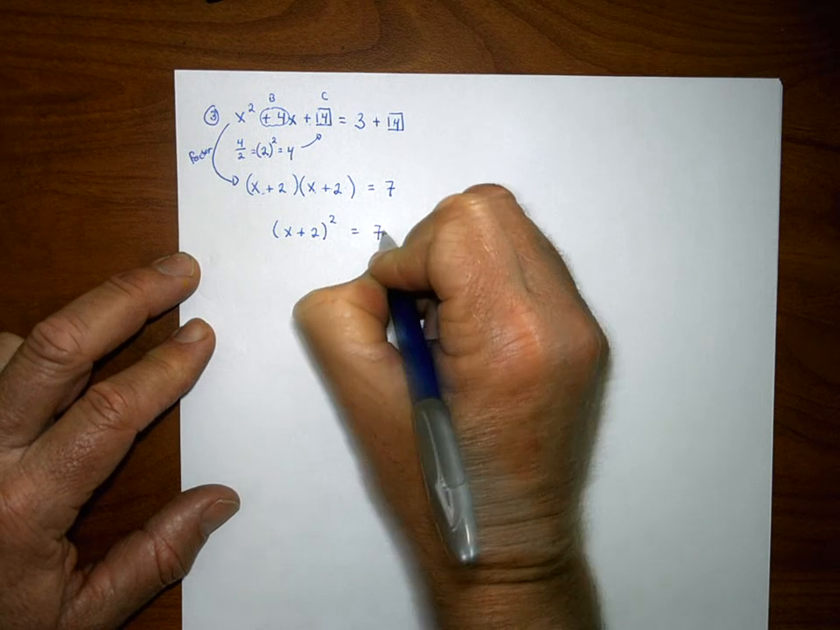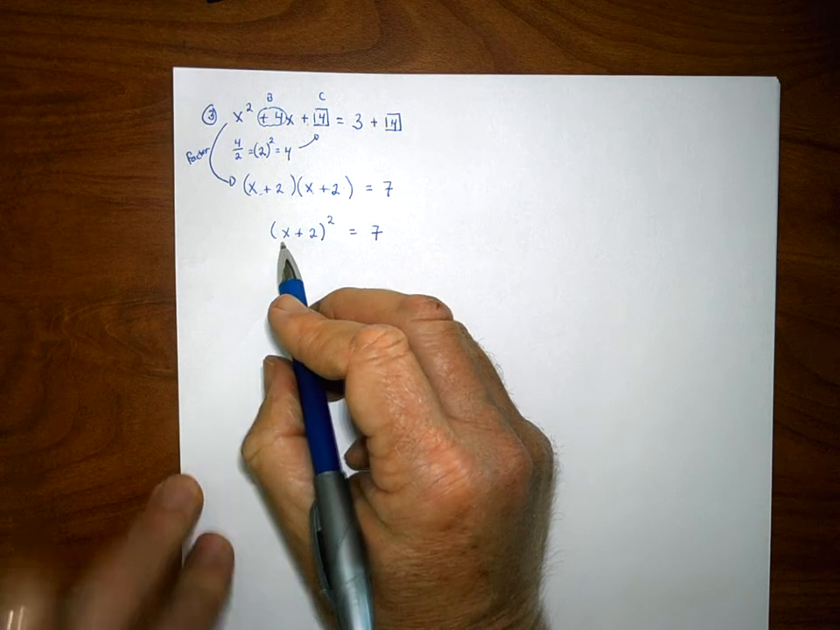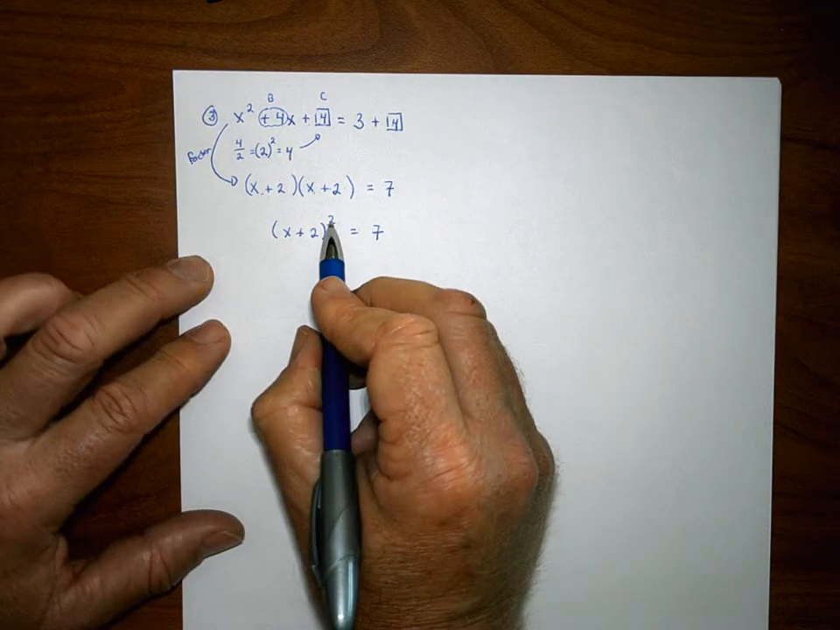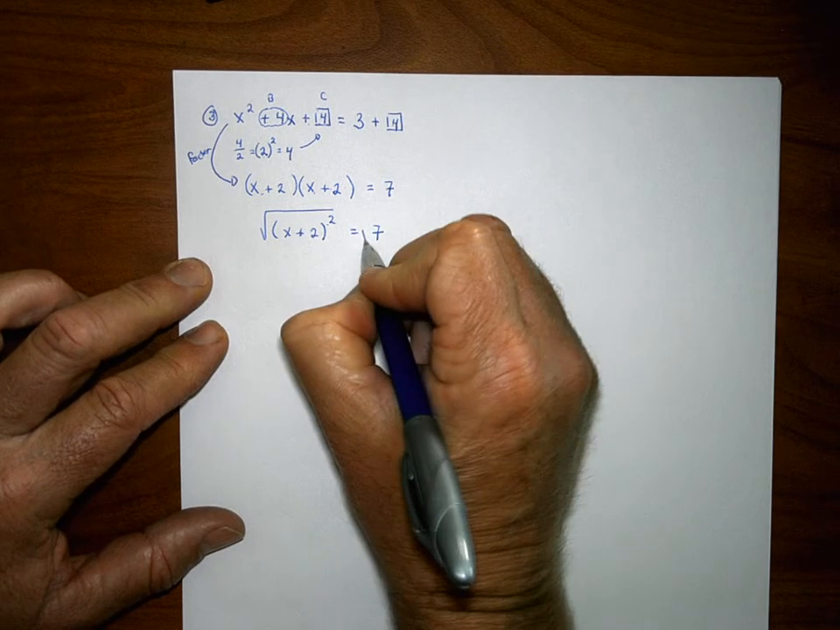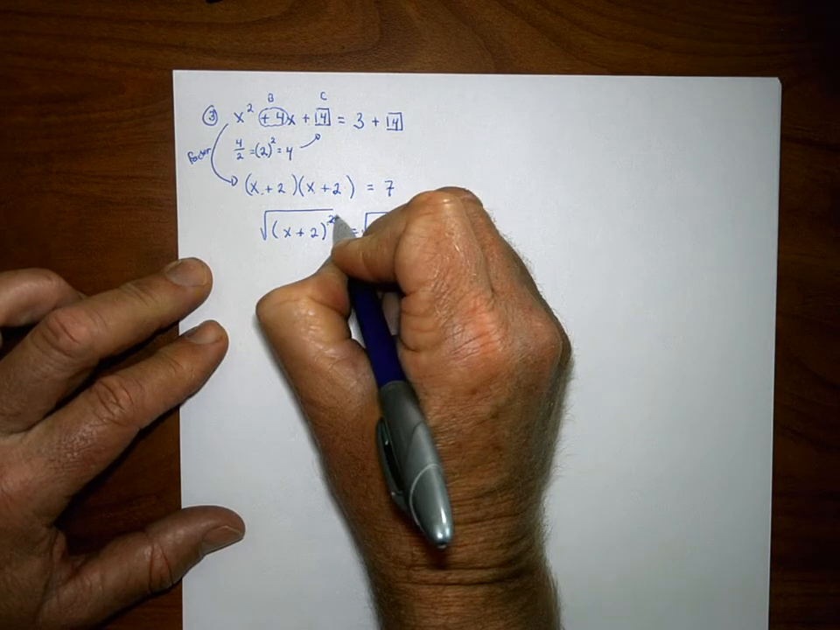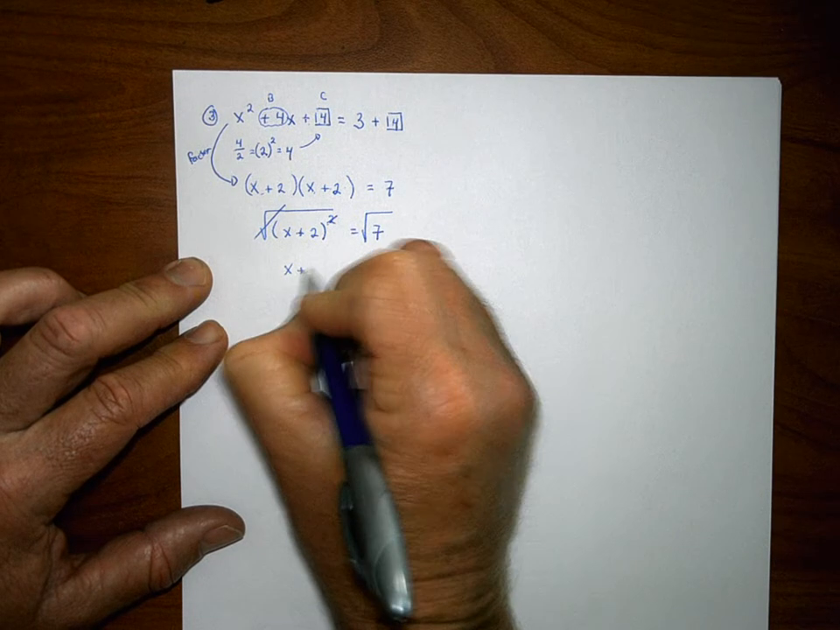And now I'm going to solve for x. So I'm going to isolate x. So I need to get rid of this exponent of 2. So I take the square root of both sides of the equation. That exponent of 2 cancels out the square root symbol, and I have x plus 2 is equal to,